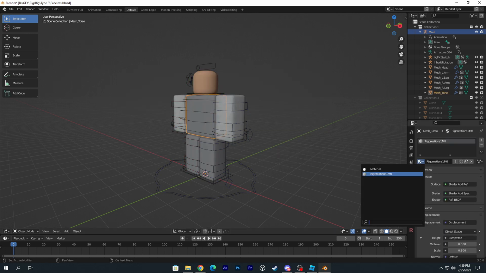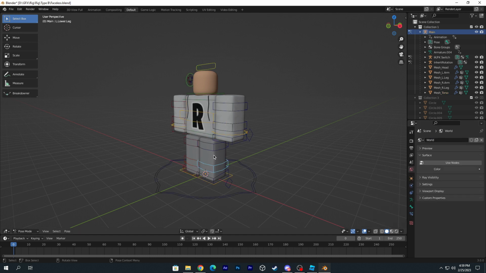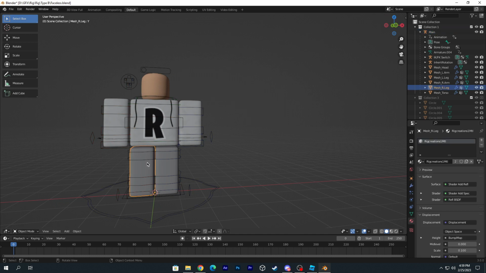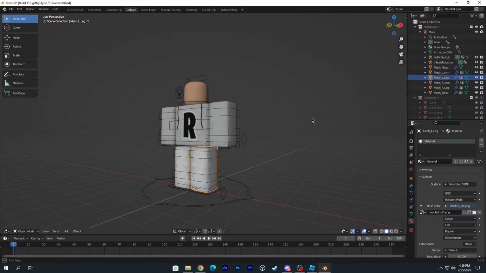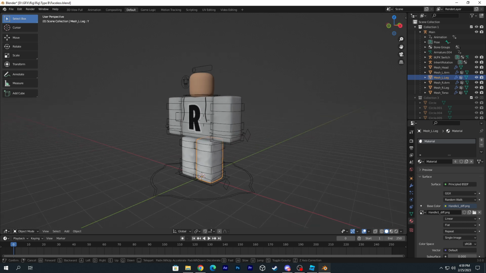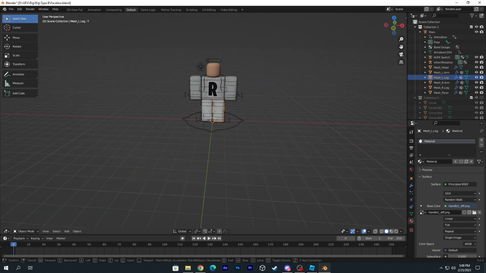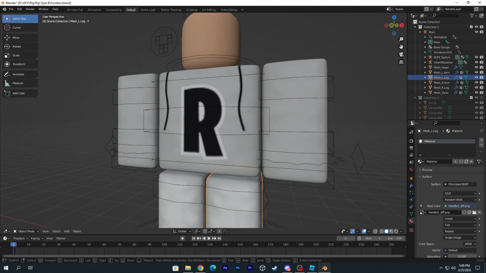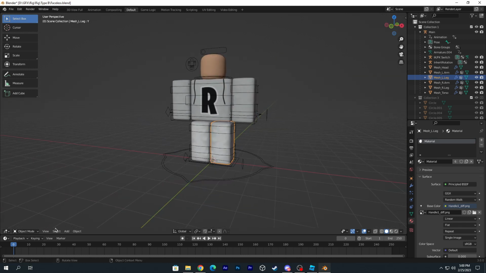But you guys are gonna go and click these and put the texture for all the body parts and all the character parts. Yeah, this is how it's definitely gonna look. So now we're gonna show you guys how we're moving the camera like this, flying up and down. So all you guys are gonna do is click View,